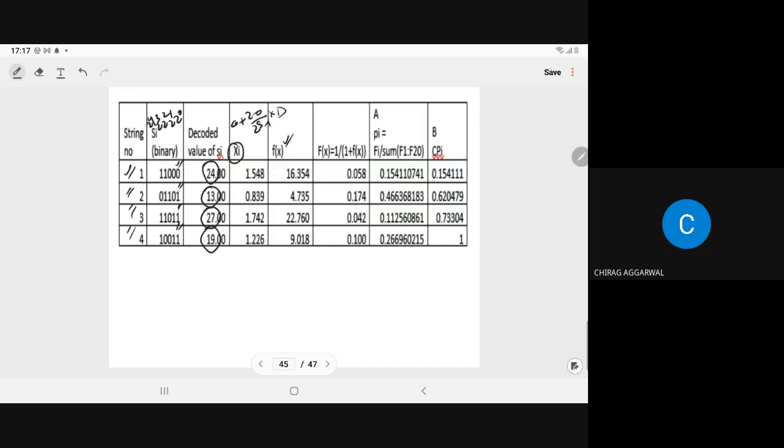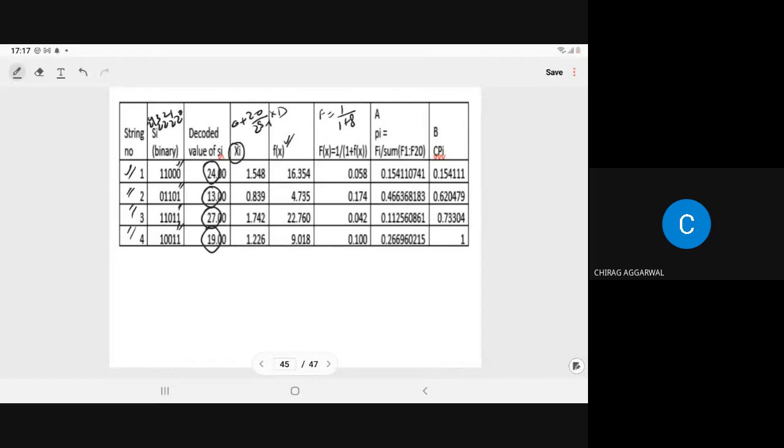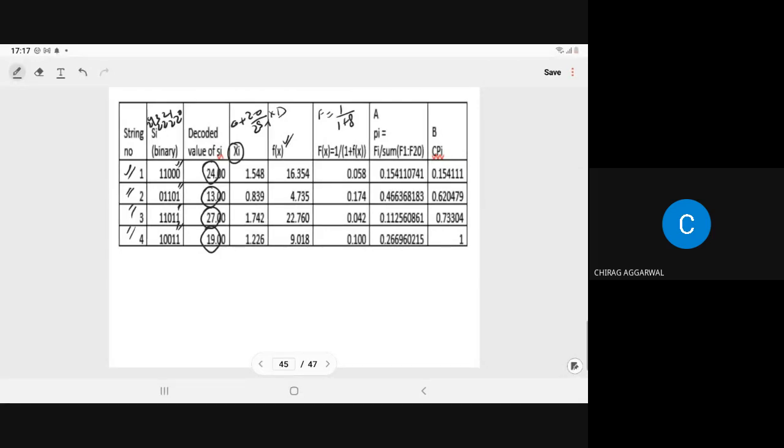Now when we put the value of x in the given function f, we have the value of small f: 16.354, 4.735, 22.760, 9.018. Then, since the question is of minimization, we compute fitness as 1 upon 1 plus f. So that will come 0.058, 0.174, 0.042, 0.100. Then we compute the expected count. Expected count is fi upon